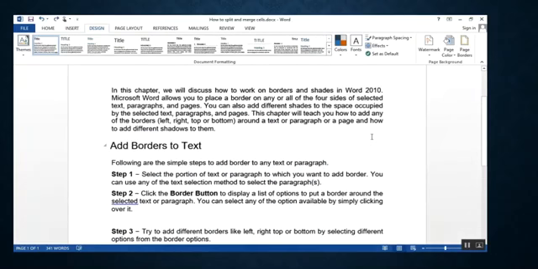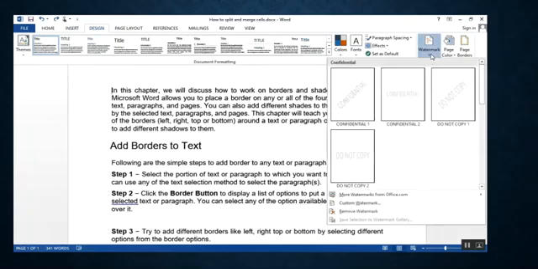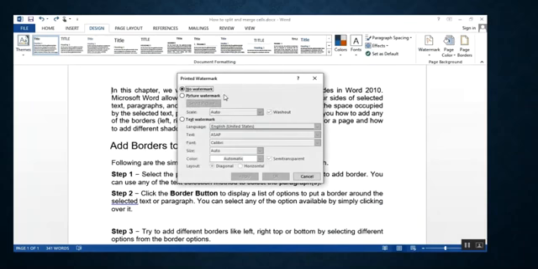Now let me show you how you can add a text watermark. Go to Custom Watermark, click on Text Watermark. Which language you want to add, you can select it. You can write any text you want.